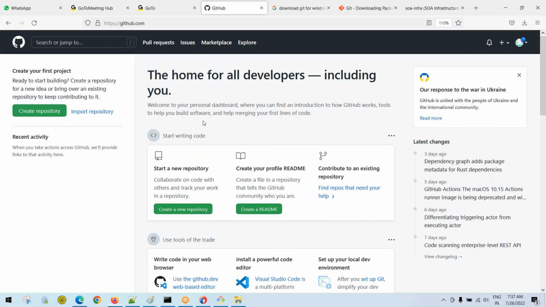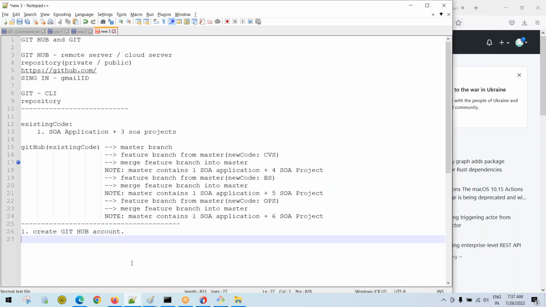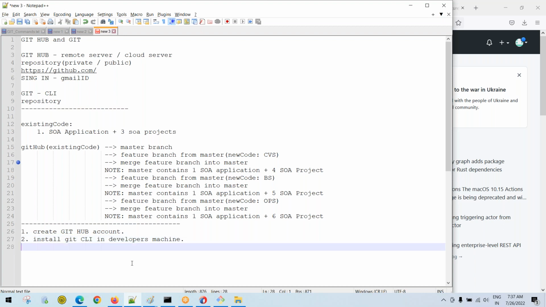Then step number 2, install the Git command line interface on the developer's machine. I have also shown you where to download the Git command line utility software. Just double click on it and install the Git command line utility. It is over. Now create